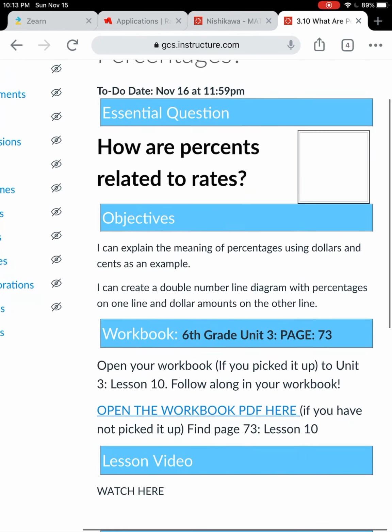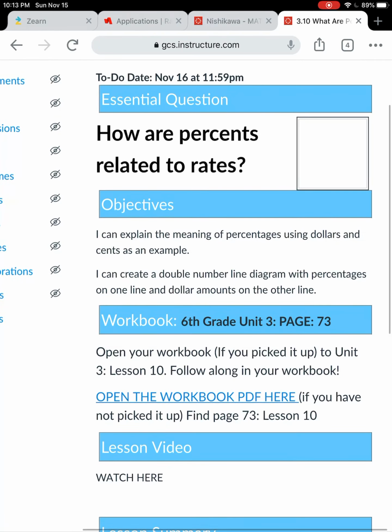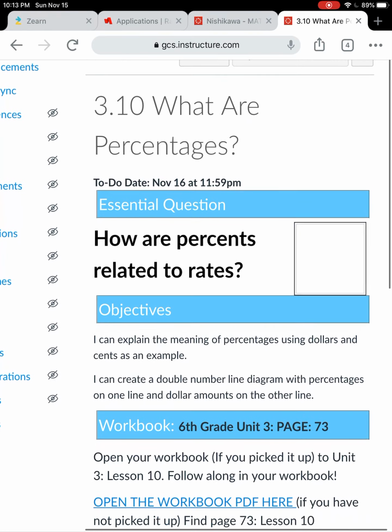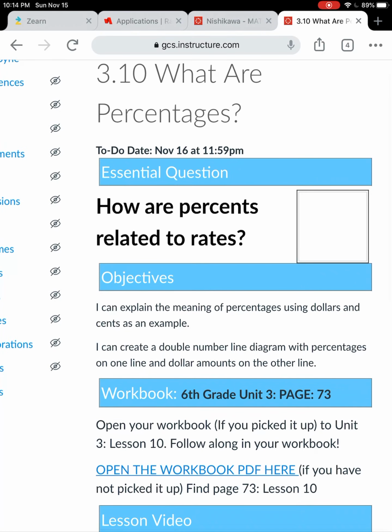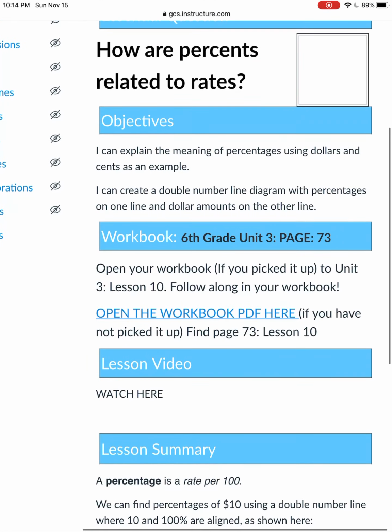All right, so today we're learning about percentages. How are percents related to rates? This is Unit 3, Lesson 10. Your objective today is to explain the meaning of percentages using dollars and cents as an